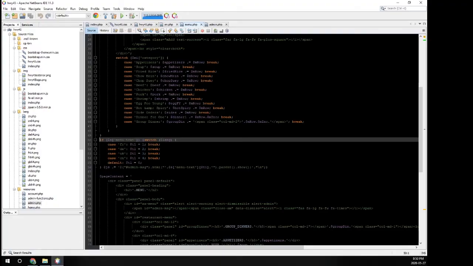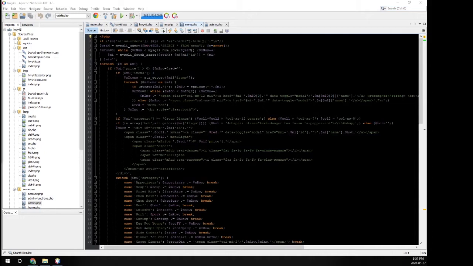So going into our NetBeans, there's quite a bit that we're going to have to do to kind of rework this, but everything we're going to do is basically going to be within our menu, and then we're going to have to add a CSS class as well. Okay, so to start,